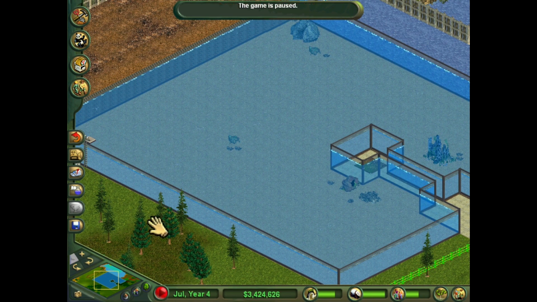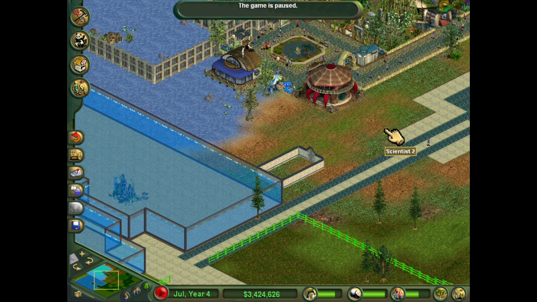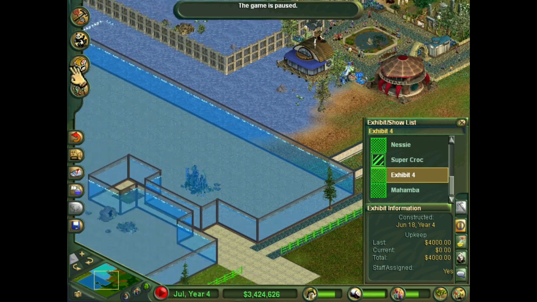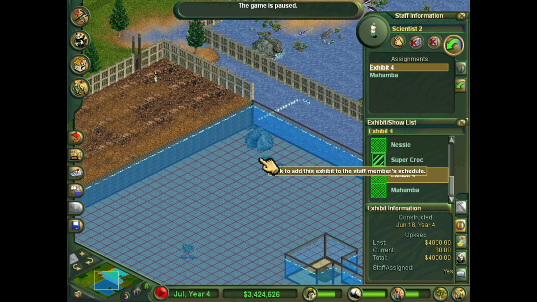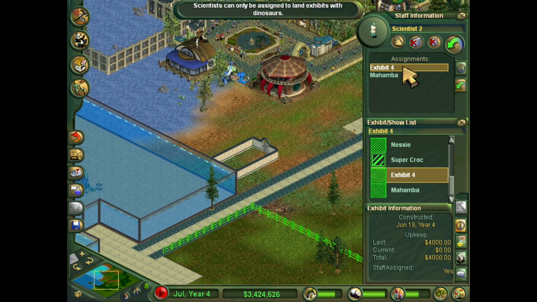Alright, let's find your scientist and help him get in here. Are you... Yeah, but you're not assigned to Exhibit 4 anymore. Let's put you in here and assign you specifically to here. Okay. And you're no longer assigned to